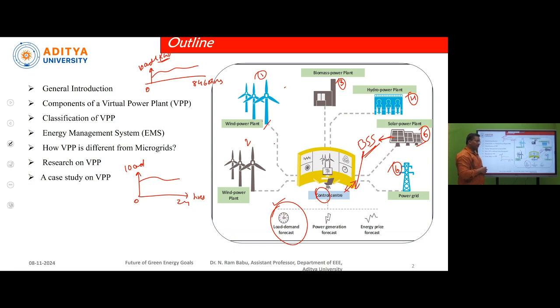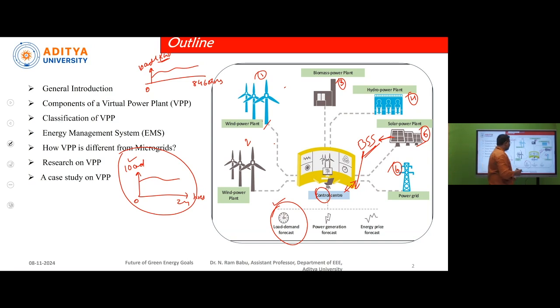So the load curve, they are calculating it for a day, or for a year also. Let us take an example that today they have calculated the load curve and they also have yesterday's load curve. Apart from today's and yesterday's load curve, we will also have the data of the previous year. So with the help of the previous year's load curve data and yesterday's and today's load curve data, we calculate the upcoming data, that means tomorrow's or the day after tomorrow's load data, with the help of some artificial intelligence techniques. Okay. So for this, we will be using some meta-heuristic optimization techniques. We will be discussing that tomorrow.